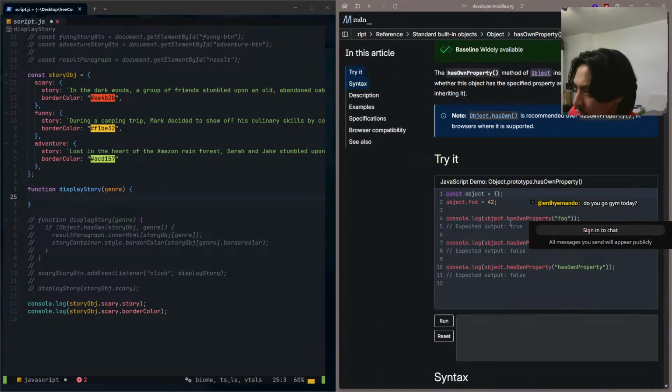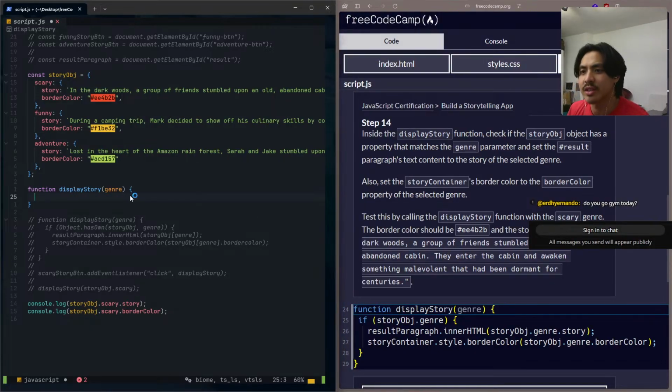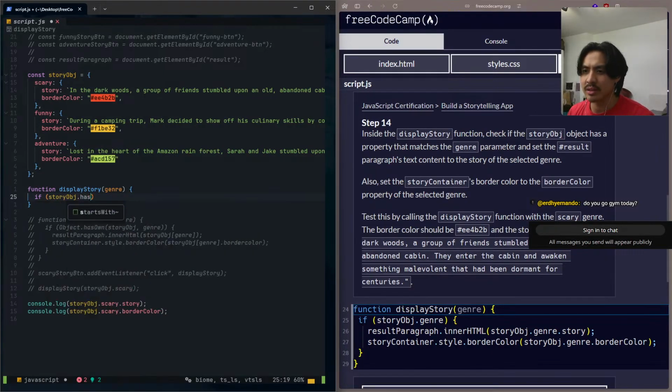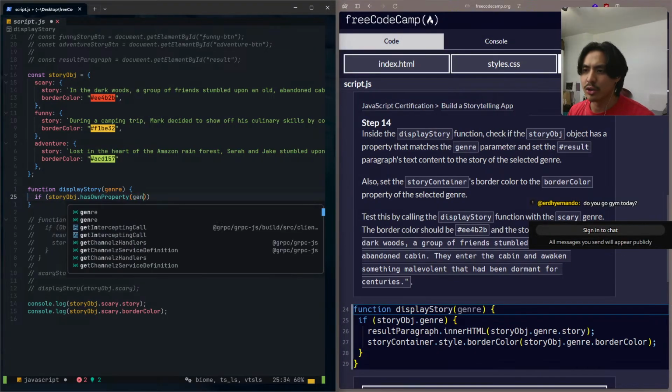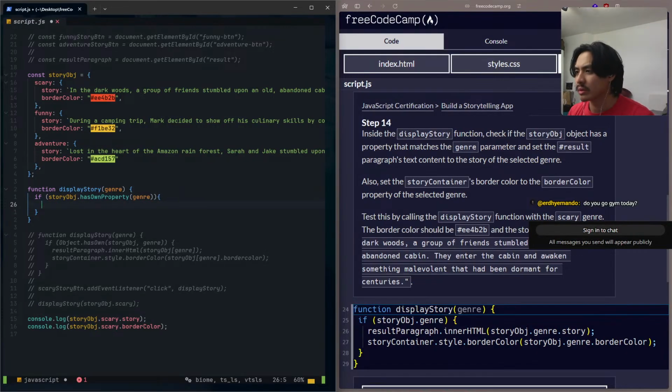This should work, right? hasOwnProperty should work. I don't know why it didn't work. So let's try if story object, because it's global, right? hasOwnProperty genre, then okay, so if story object has a property genre, has a property that matches this genre,